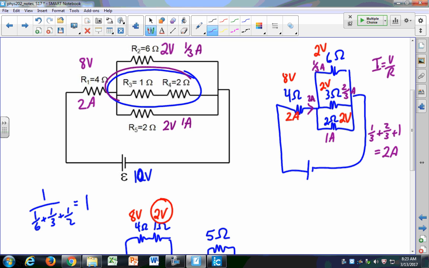Now, this one's a little bit tricky. I have 2/3 amps going through this, 2/3 of an amp, going through those 2 resistors. So that means that I have V equals IR voltage across each. So I have V equals 2/3 times 1 and 2/3 times 2. So my voltages here are 2/3 volts and 4/3 volts. That's just from V equals IR. And then I can double check that 2/3 plus 4/3 is 6/3, which is 2 volts, which is what I have here. That's a little bit tricky, and you'll get the hang of that as we do more of these,